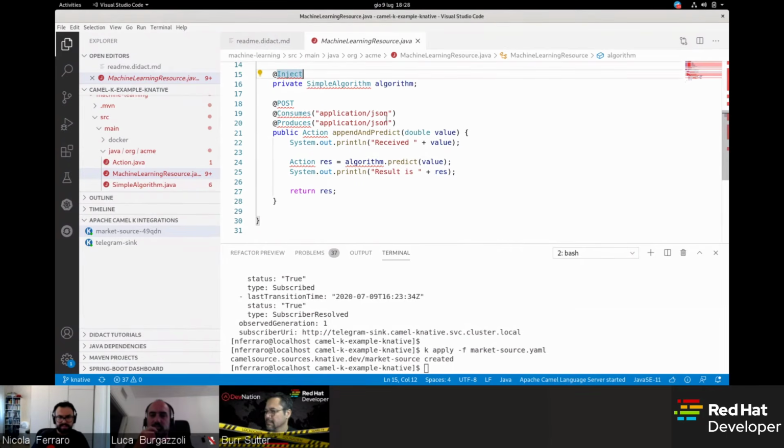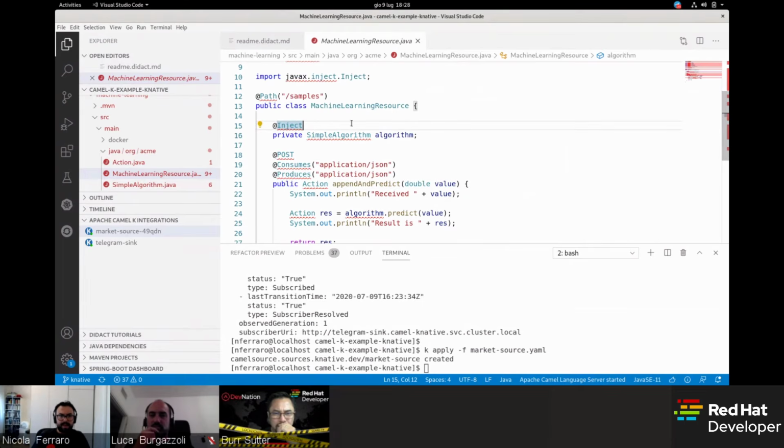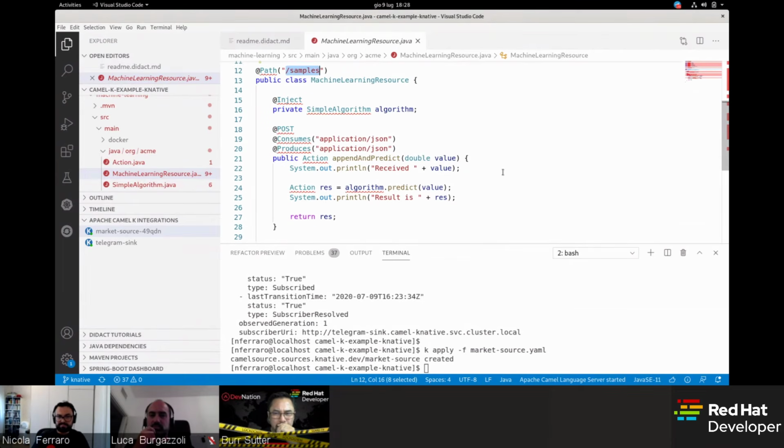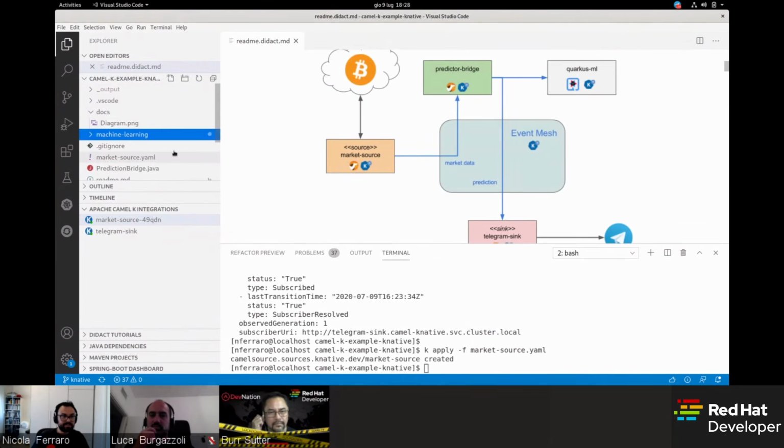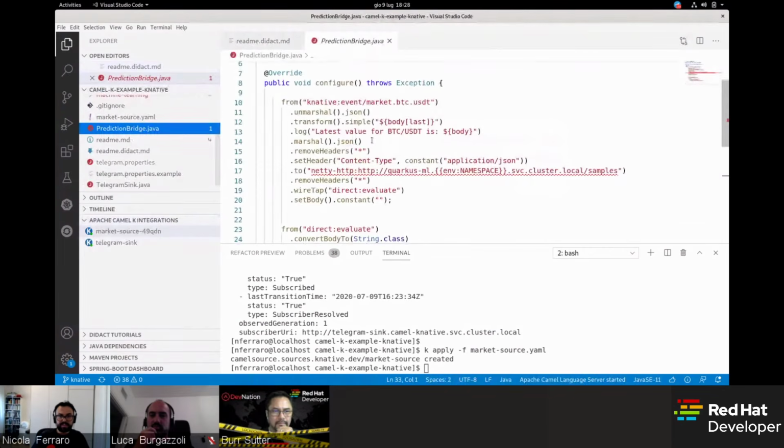It accepts under the samples endpoint a double value, and then may return an action to do, to buy or to sell some Bitcoin. So we feed this machine learning algorithm by sending only the current value of Bitcoin versus US dollars. This is what we are going to do now in this integration called prediction bridge, that is an Apache